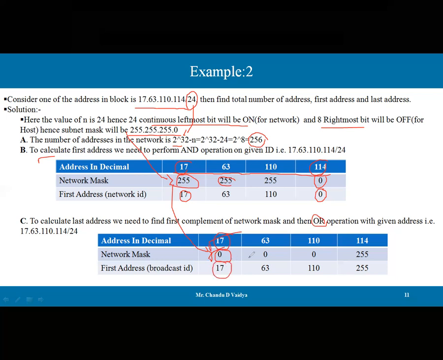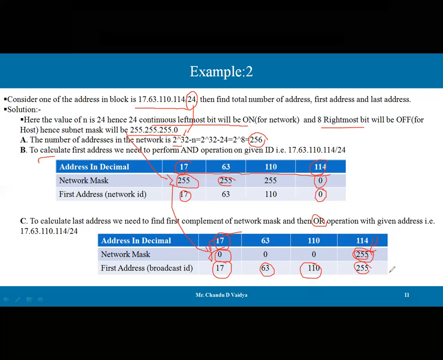So 17 as it is आएगा, 63 और 0, 63 as it is आएगा, 110 और 0, उसकी वैल्यू भी 110 आएगी. देन उसके बाद जो लास्ट वाला है यहाँ पर 255 है, तो 255 के साथ अगर हम कोई भी ऑपरेशन करेंगे OR का, सभी 1 है, सभी की वैल्यू 1 आएगी. तो हमारे पास लास्ट एड्रेस जो वर्कआउट होने वाला है जो है